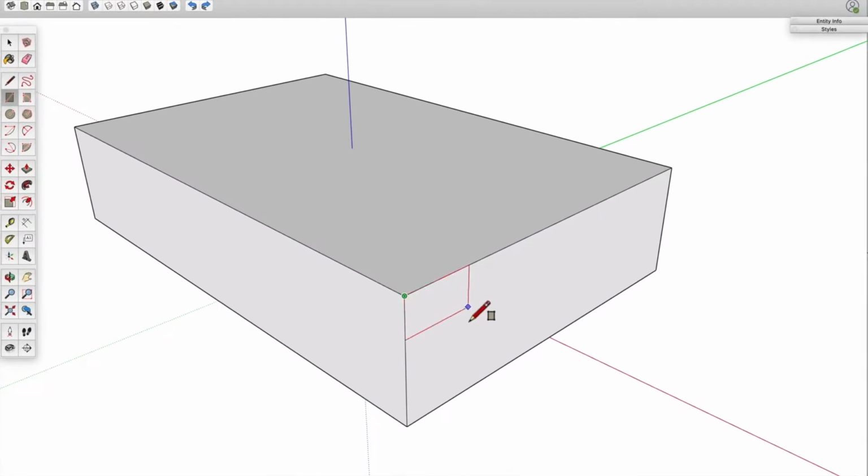Then move your mouse, and notice if you move along the right face here, you'll get a red inference. It'll say on face, that's a blue dot, but you'll see the red lines trying to draw a face that is perpendicular to the red direction. If you move across the other side, you'll get a green inference, and if you move across the top, you'll get a blue inference. In our case, we're going to go across the top. So go ahead and go anywhere across the top and click where you have an on-face inference to finish drawing